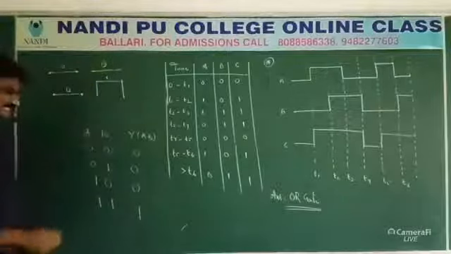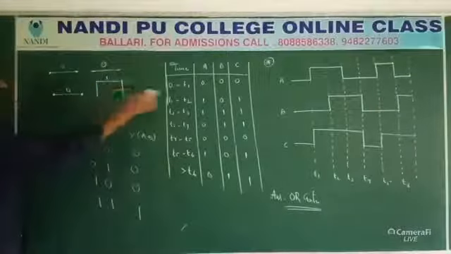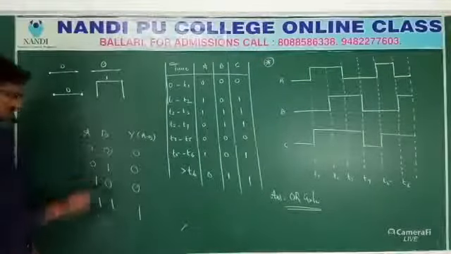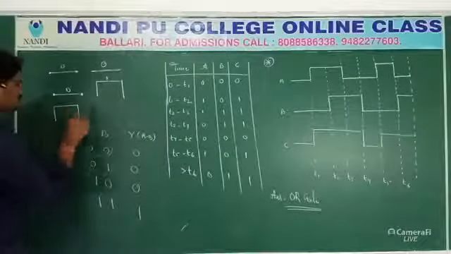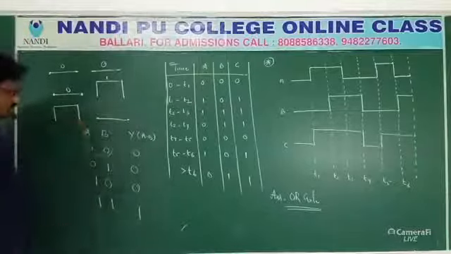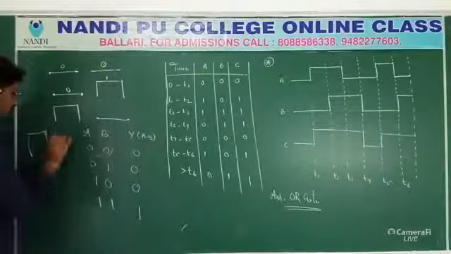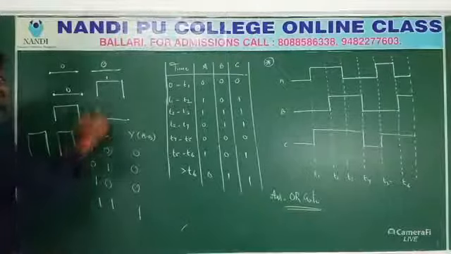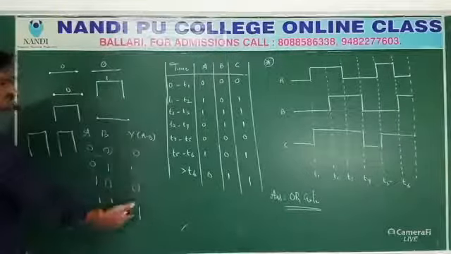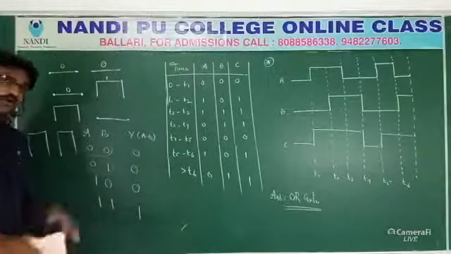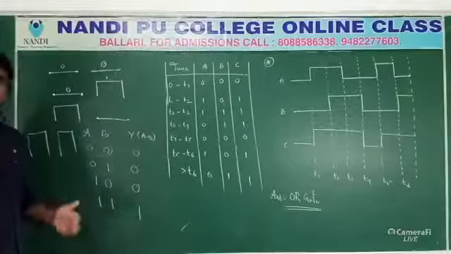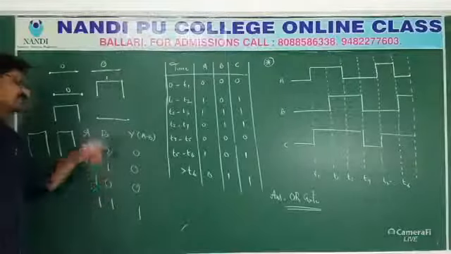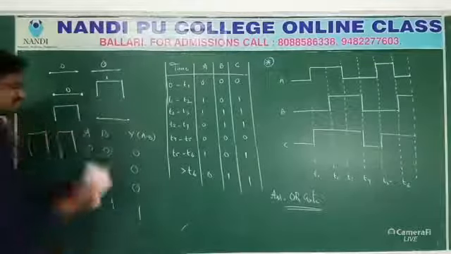Instead of giving these values, we are making these curves. Hope you understand. 1, 0 means this is 1, this is 0. 1, 1 means this is 1, 1. So by this, we can find out outputs. The operations are the same, for AND gate, OR gate. What we are doing here is converting 0, 1 in the form of curves. That is the idea.